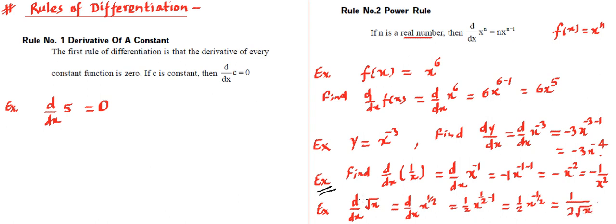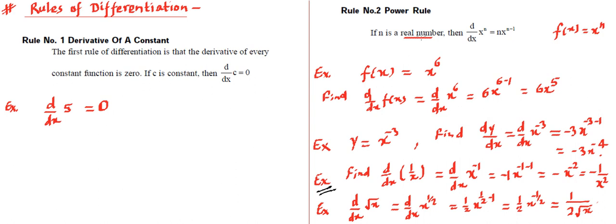So the point is, if we differentiate this function, which is y is equal to under root x, the answer comes out to be 1 upon 2 under root x. So these are the varieties of examples. When the power is positive, you have seen what goes on. When power is negative, you have seen what goes on. 1 upon x, a special example that you have taken. And if there is a fractional power, then you can apply the same formula.